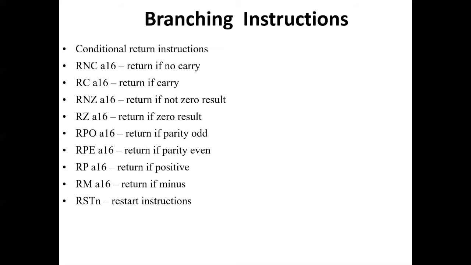Next is the conditional return instruction. The conditional return instructions of 8085 affect a return to the main program based on the value of a single flag. The return takes place based on the value of carry flag, zero flag, parity flag, or sign flag. There is no return instruction based on the value of auxiliary carry flag. So the first one is